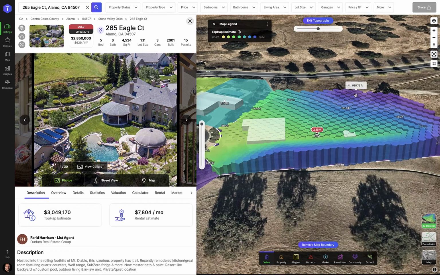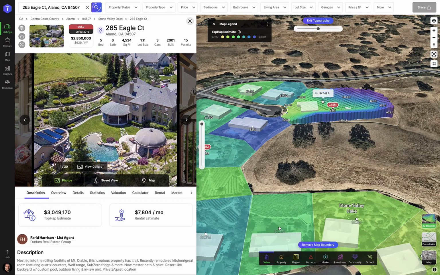Notice that when displaying the 3D topography, TopHap shows elevations as relative to the selected parcel. What this means is that the lowest elevation will be at the map street level. Likewise, the colors of the hexagons are also relative to the parcel as well. Notice that if you see the same color grouped over an area, that will mean it's a relatively flat part